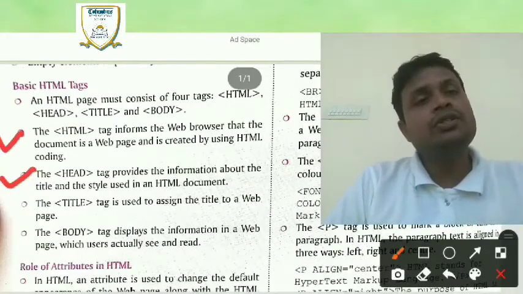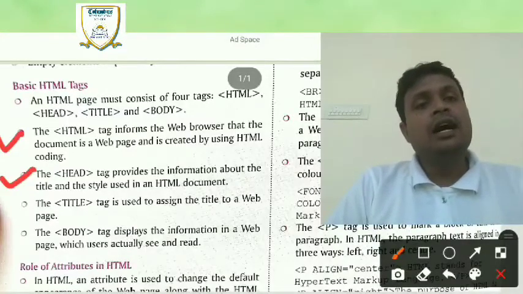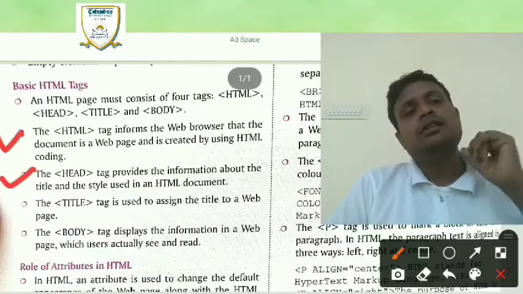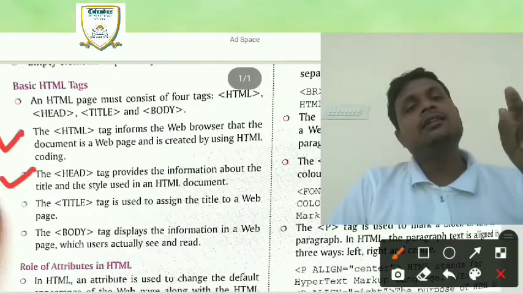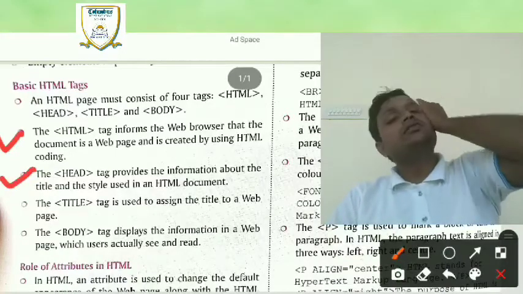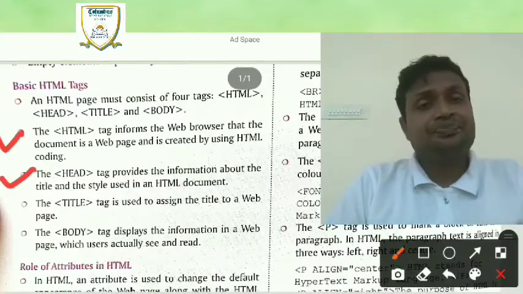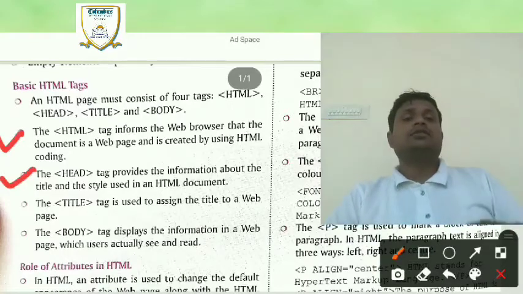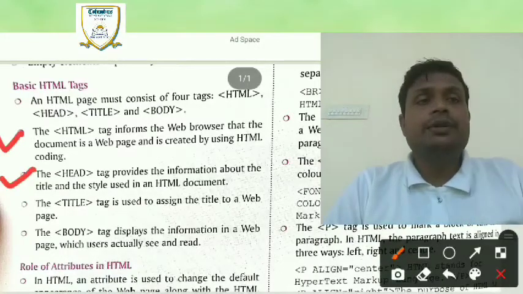It means it defines the title and style of the HTML document. So the head tag defines the title and style of the HTML document.